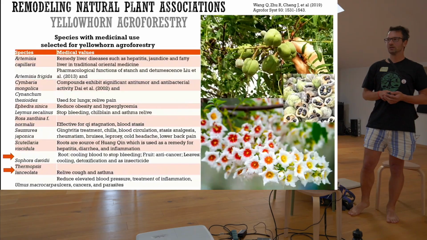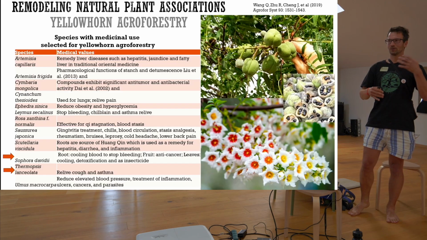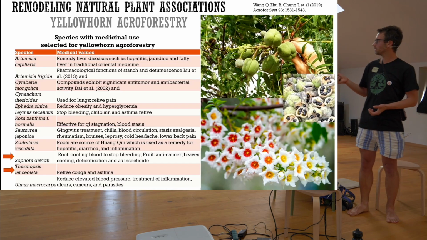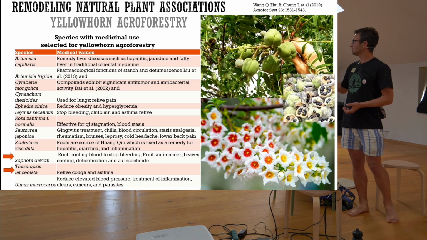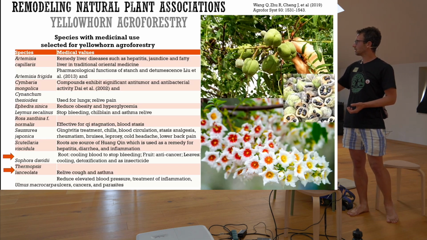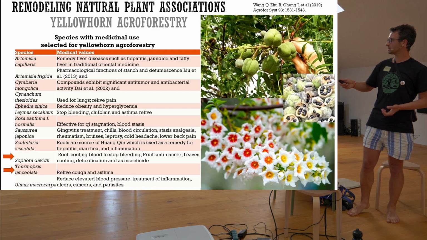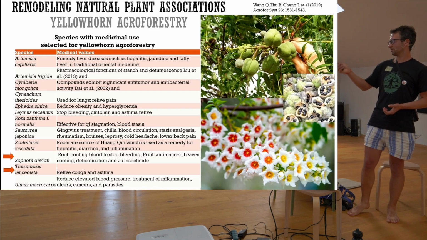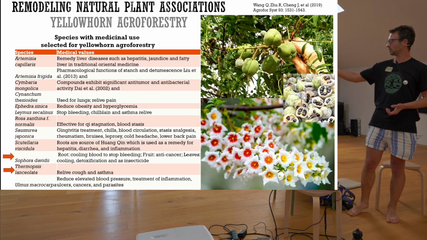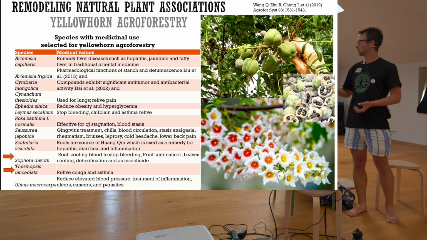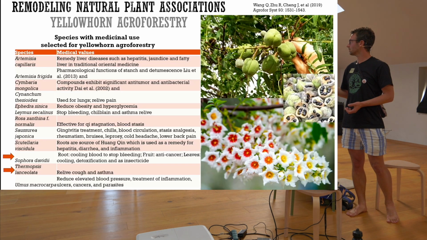Another approach might be that you study the natural community, the natural guild, and you study the useful characteristics of these plants and try to utilize all these useful characteristics. For example, in the community of yellow horn, they organized the medicinal properties of plants that grow with it, and some of them are nitrogen fixers. So this system could be ecologically sustainable, but also profitable.